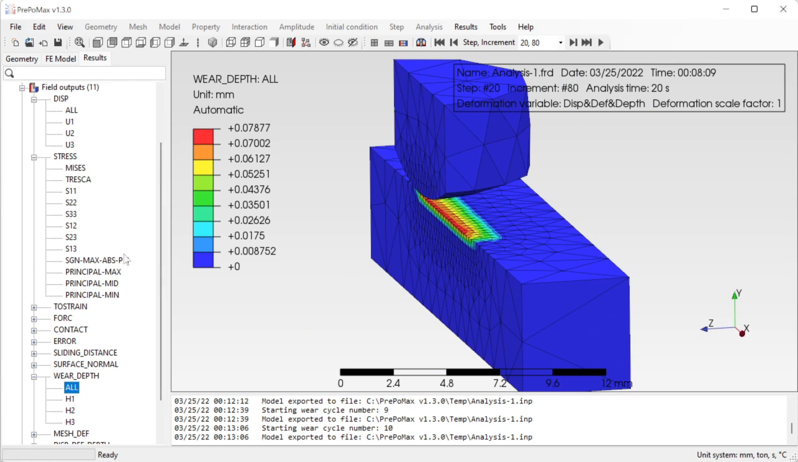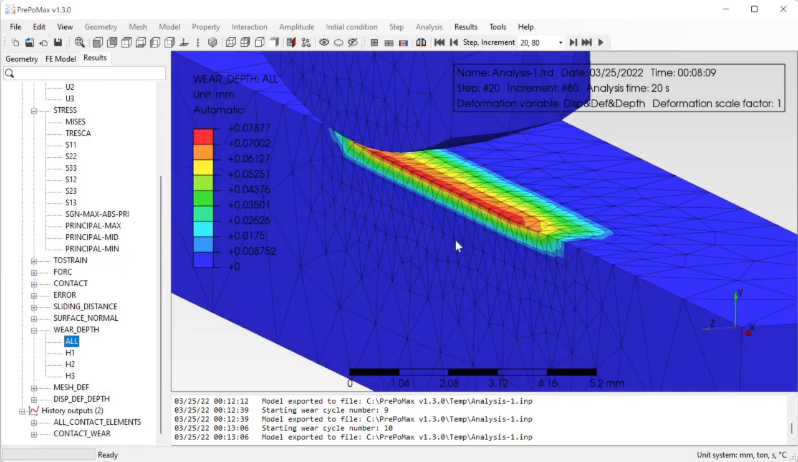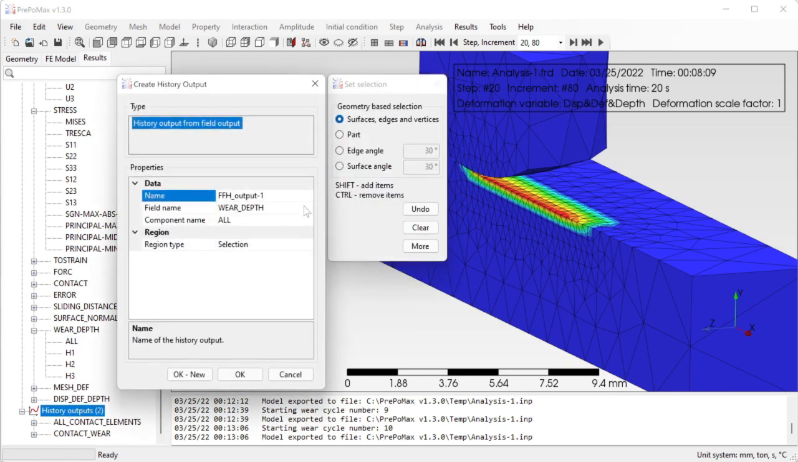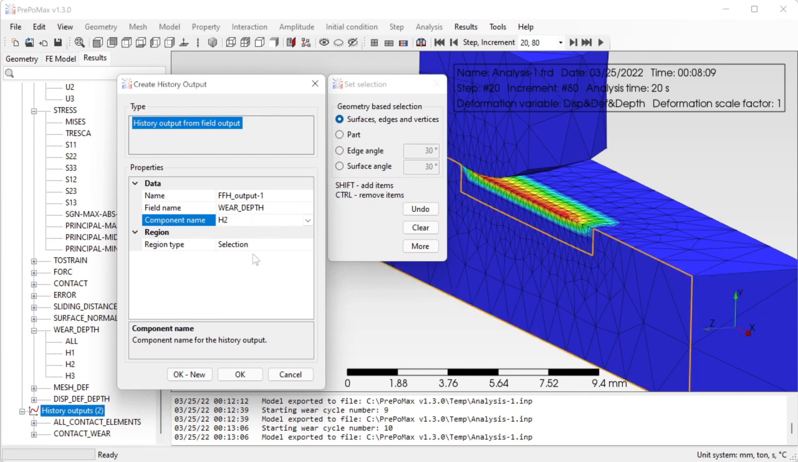Now the final thing that we'd like to see as a result is probably how the wear depth developed for one material point, for one node. So we'll go and create a new history output by double-clicking the history output. We'll select the field that we would like to output. This is the wear depth, but we're maybe not interested in the magnitude of the wear depth vector, but we would maybe like to see just the y direction, so the second direction of the vector, h2, and we